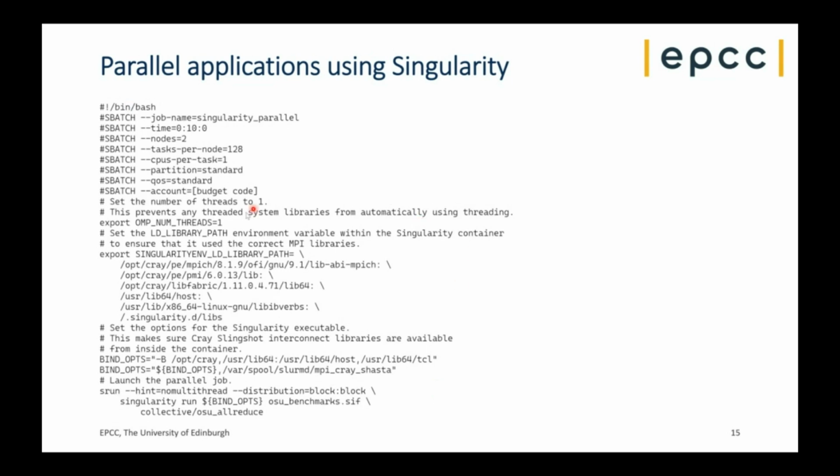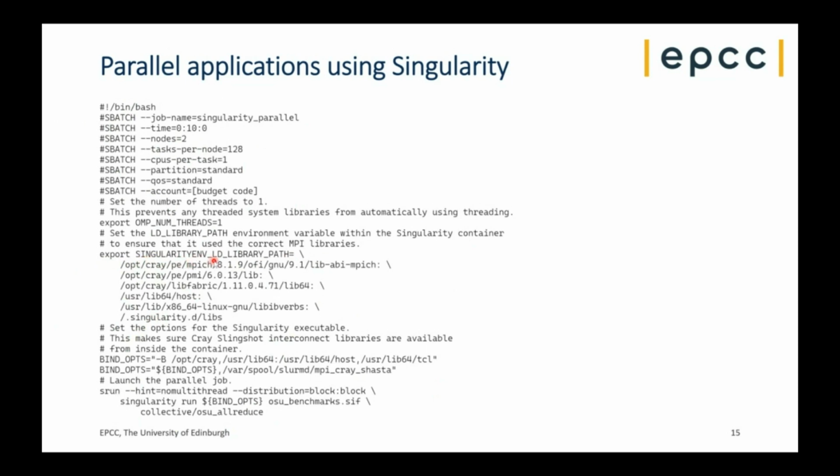And you can see, for us, again, we've got a standard batch script here. I'm now running on 2 nodes. But there's a bit more stuff that's come in here, unfortunately, now. So to get Singularity to work properly on ARCHER2, where we can pick up the right MPI libraries and the right network libraries and stuff like that, we have to actually add in a bit more detail. And so we've got to add in this special